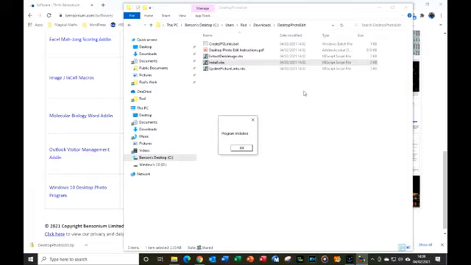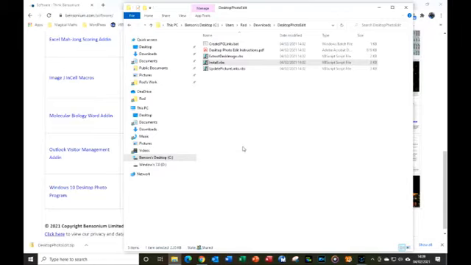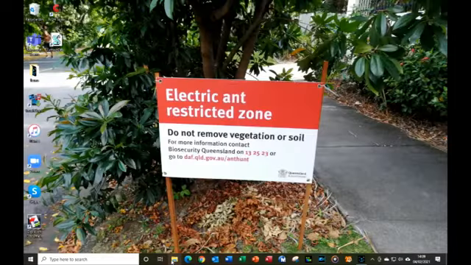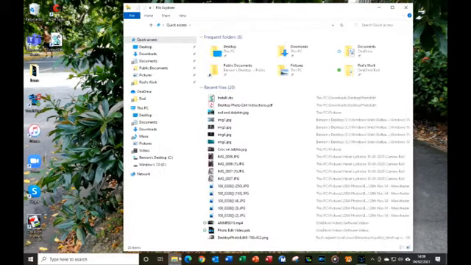Okay, so it's completed the task. You can see it now says program installed. We simply click OK. And now we need to see exactly what the program has done on our computer. So I'm going to close all the windows, and I'm going to go into the new directory it has created. So the new directory it has created is in the public directory folder, and the way to find that is it's simply C drive,